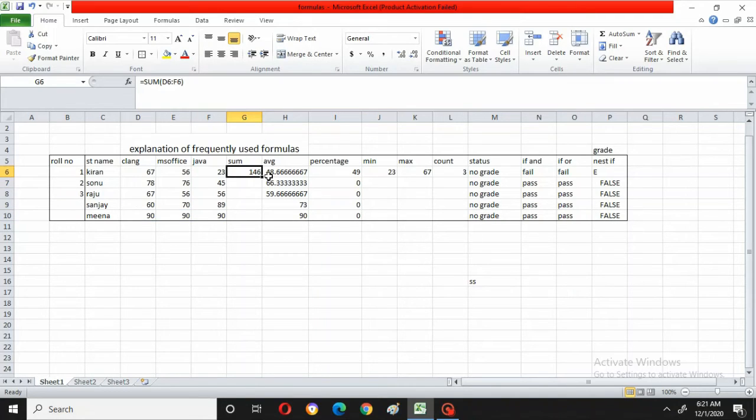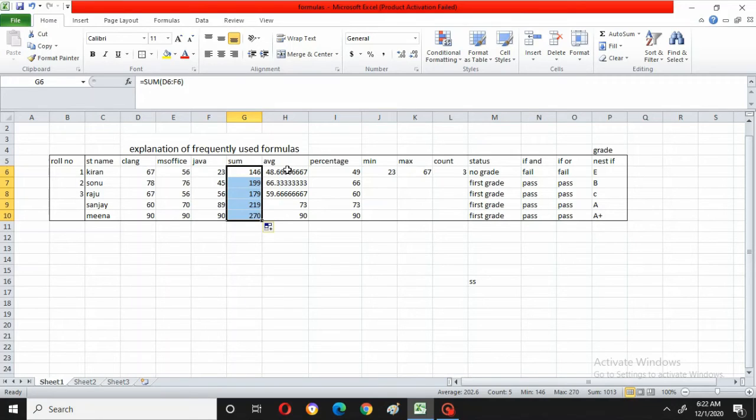To copy the formula, you can keep the mouse pointer like this at the corner of that particular cell, and you can drag it down using the mouse, or just give a double click over there. Automatically, in that particular column, wherever the numbers are there, it will select and give the answer. See, this is the sum you got.